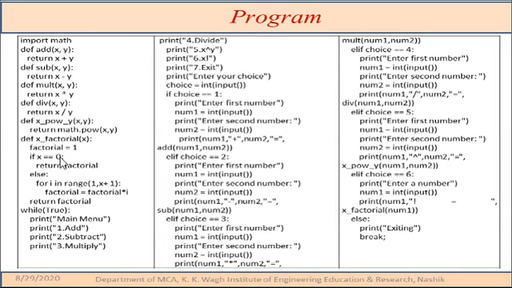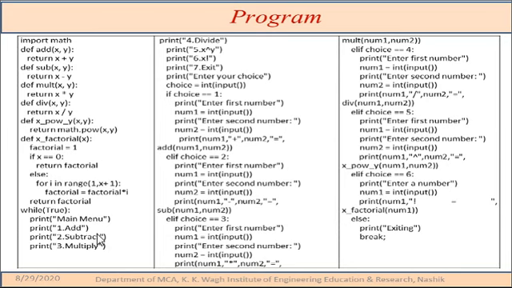Factorial is initially declared as 1. If x is 0, then it will return the factorial, which is 1, because factorial of 0 is also 1. In the else part, as I have shown, the number is reduced by one each time and multiplied into the result. Likewise it is performed here. Then I have prepared a menu-driven program.